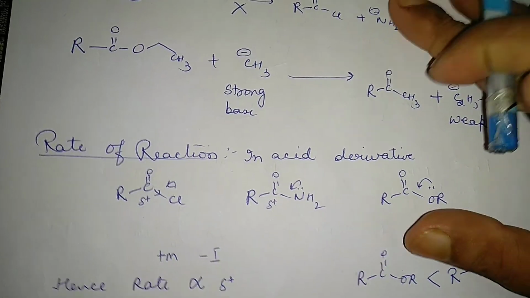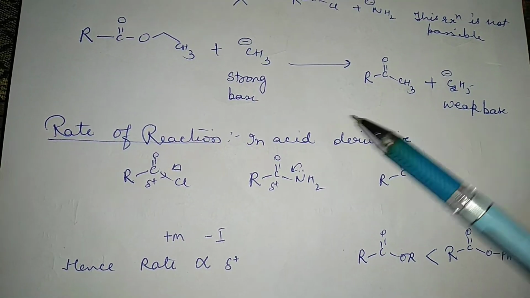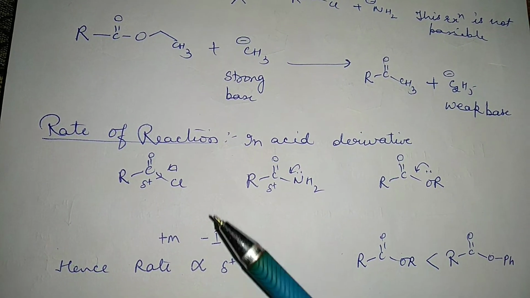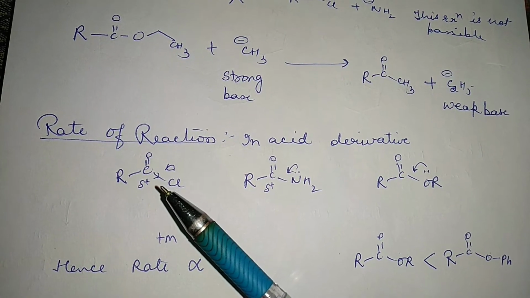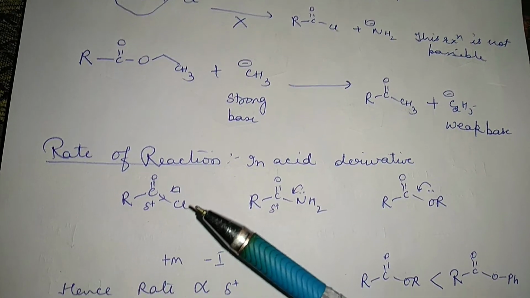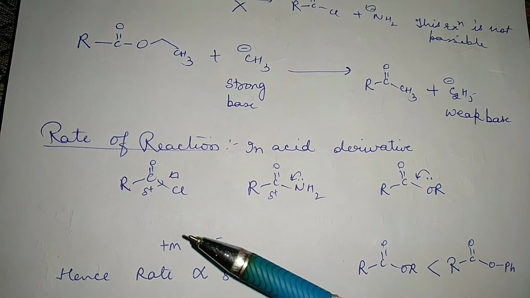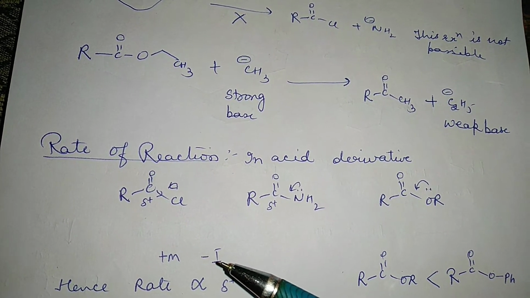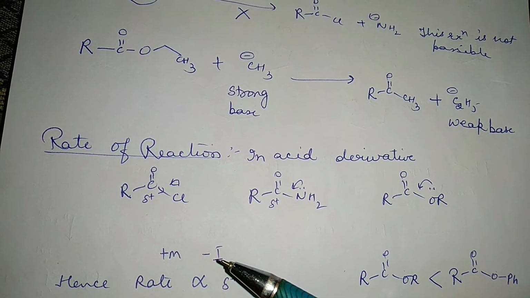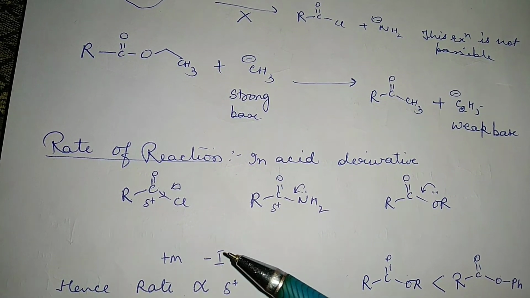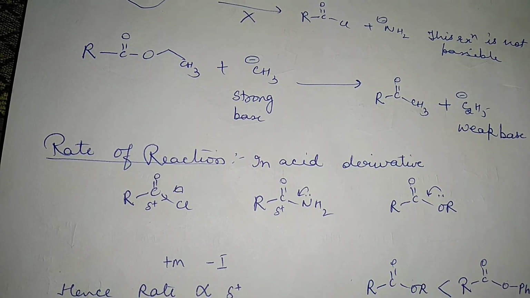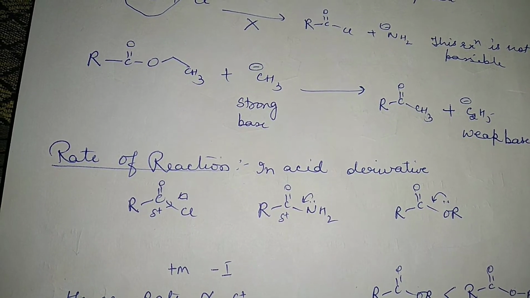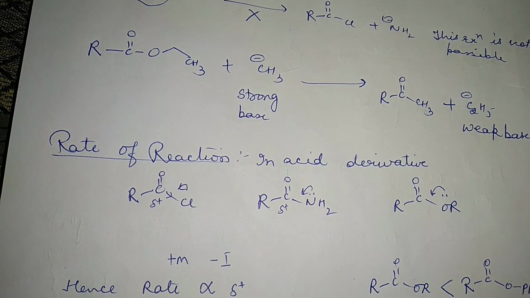Okay. Now coming on to the next topic, basically here we can learn that the rate of reaction is directly proportional to the partial positive charge. And here we can see there are two effects which normally act on it. First is the positive mesomeric effect, and second is the negative inductive effect. As we all read in class 11th also, negative inductive effect is when an alkyl group pushes the pair of electrons over the carbon, then that effect is known as the I effect.